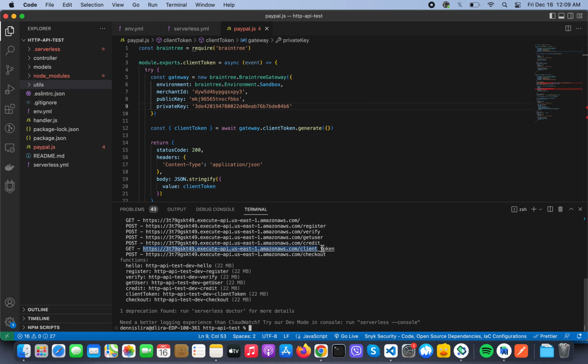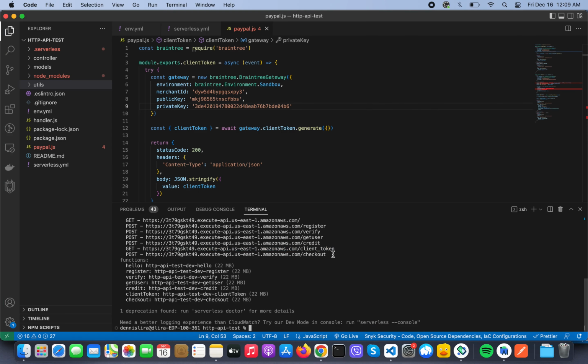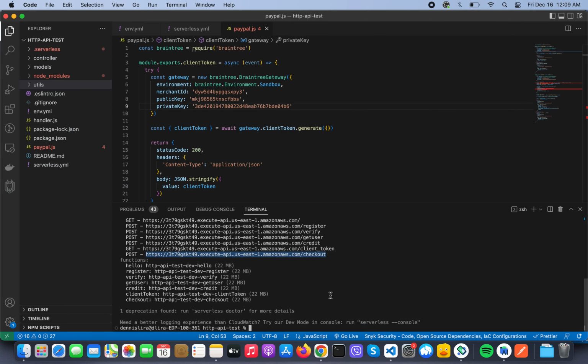So this is the endpoint for the token. We need to replace this one, and for the payment or checkout, we need to copy also and replace this one. Right, so save. Since it is already deployed and running on our server, our AWS,